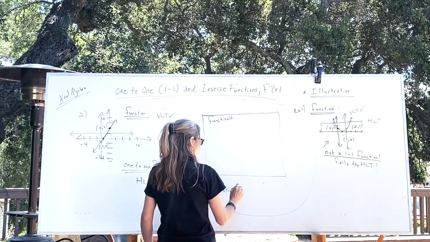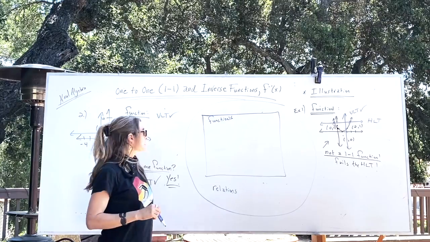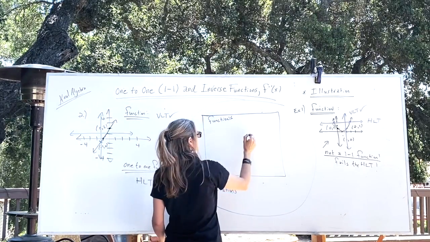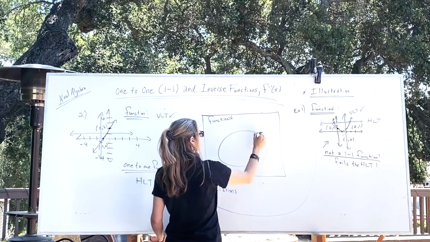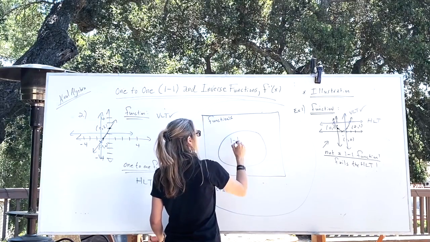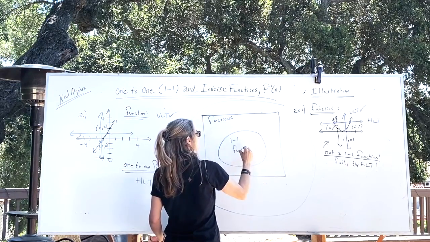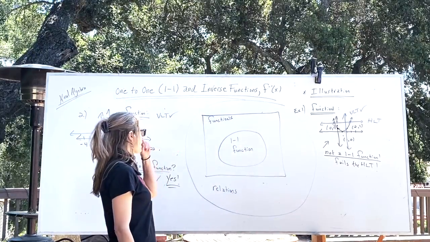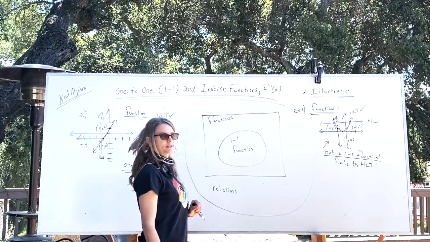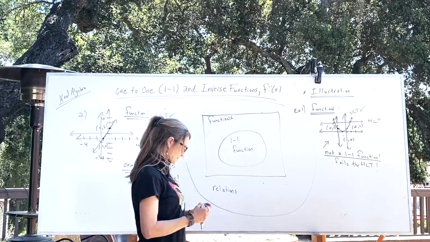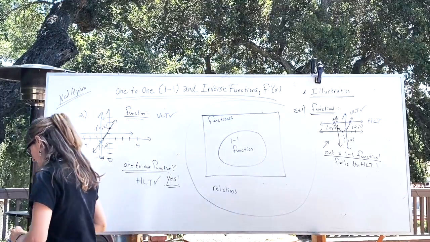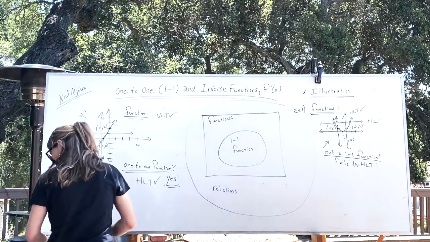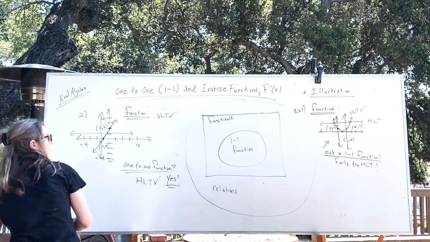Not all relations are functions, but all functions are relations. Inside this universe of functions, we have a type of function called a one-to-one function. So not all functions are one-to-one functions, and that's how you interpret that. Okay, moving on. Let me give you some examples of one-to-one functions in a